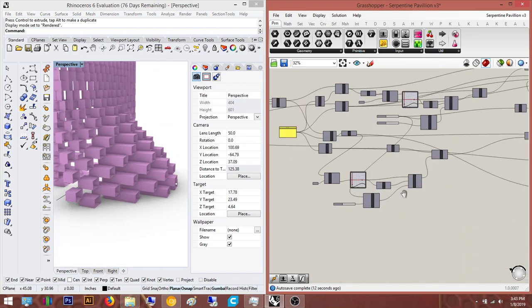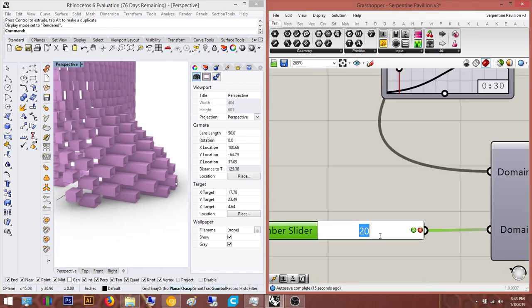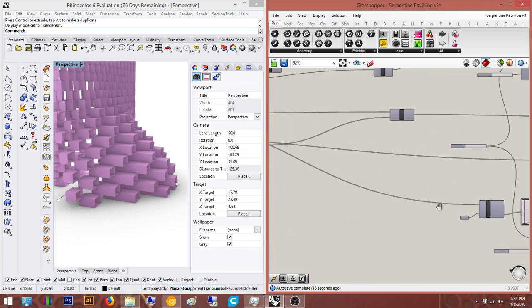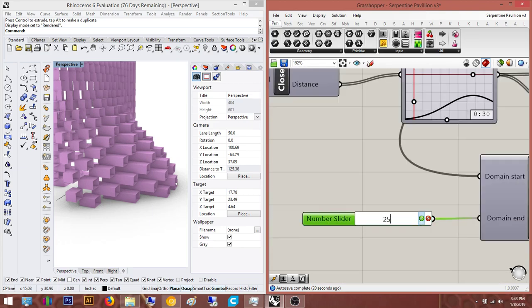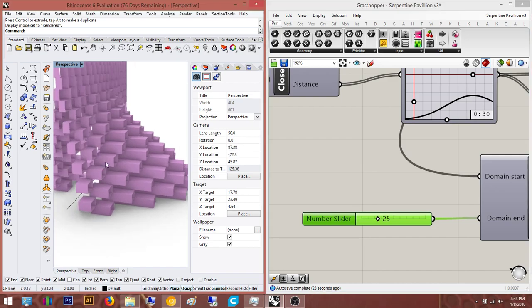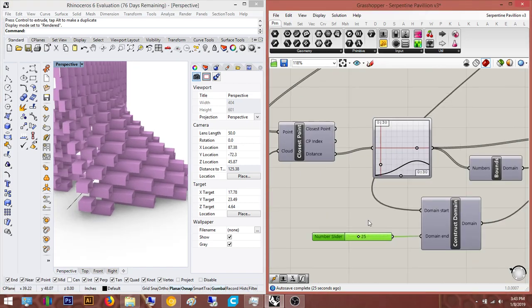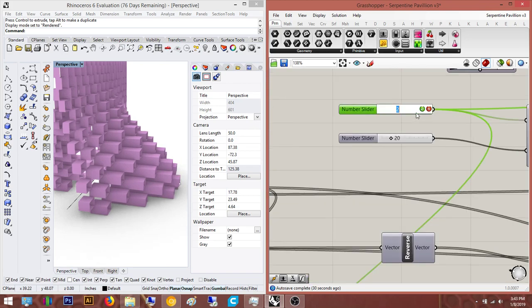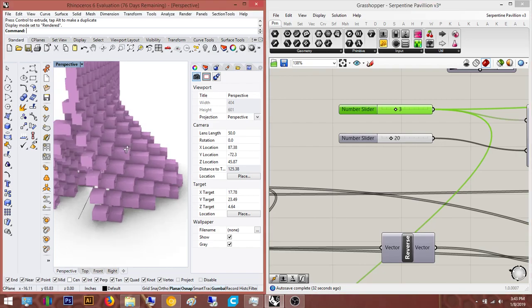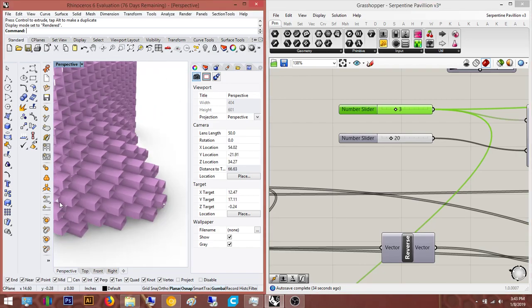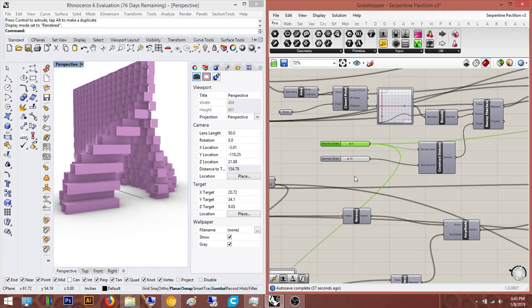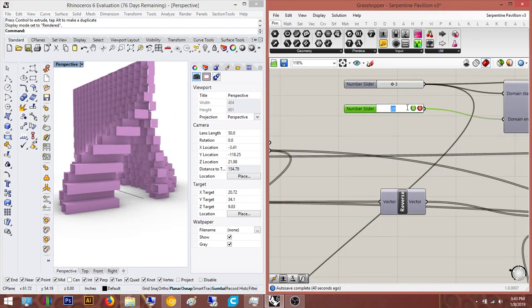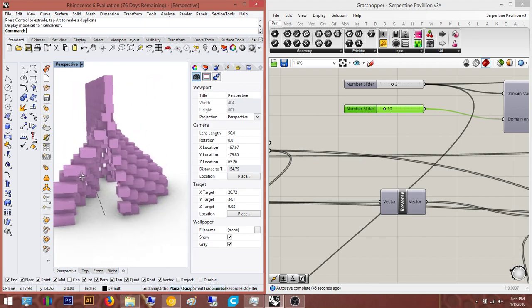Maybe the extrusion's not long enough, so let's change this to 20. I don't know which one this one is. Yeah, okay, so 25. Or maybe, turn this back to 20, then change the minimums to 3. This needs to be a little less long, so I can do 15. Or 10, so it still looks too long. Okay, that looks a lot better. And then